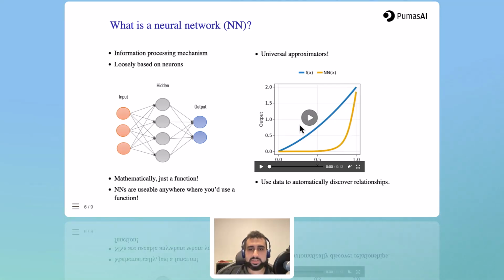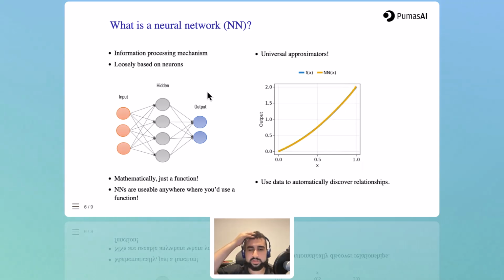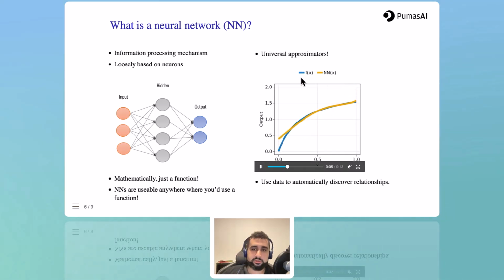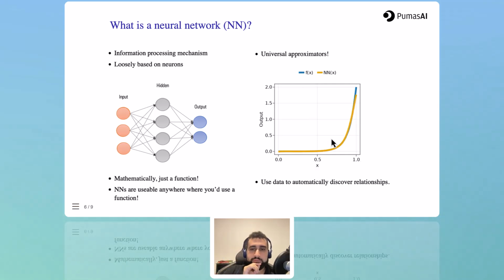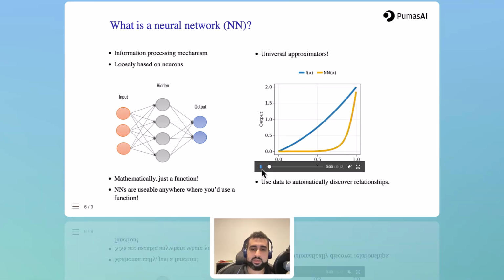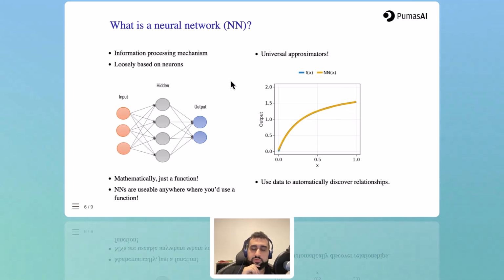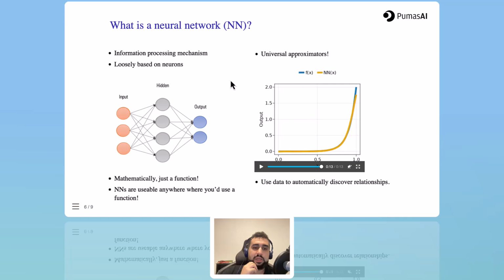And the nice thing about it is that it's a universal approximator. And so if you look at this nice video here, you'll see that regardless of what the true function f of x is, the neural network, given enough data, can actually morph and change and take the shape of that function f of x. And so it is a universal approximator in the sense that it can actually fit any kind of input-output relationship given enough data with a certain precision. And so if you have a lot of data provided to you, the neural network is able to fit any kind of input-output relationship, essentially. And therefore,